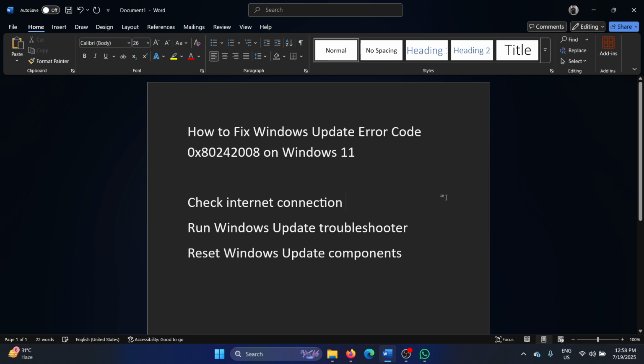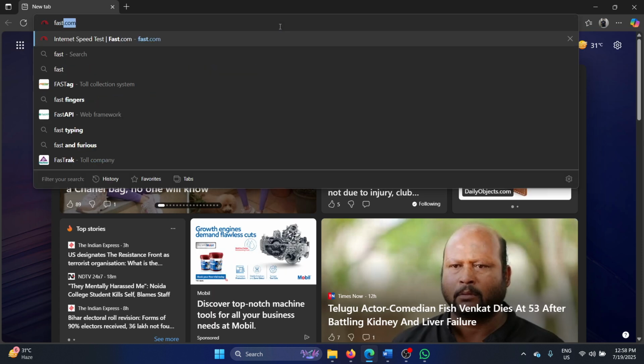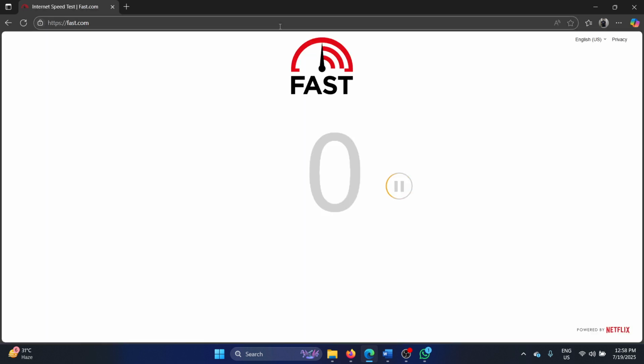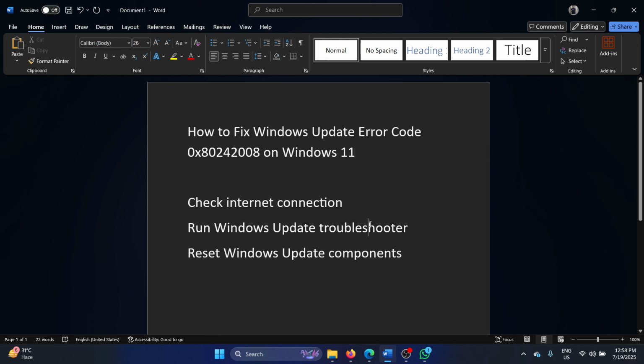So the first solution is to check the internet connection speed. Simply go to fast.com and hit enter and check the internet connection speed here. Is it good enough? If yes, then move on to the next one, which is to run the Windows Update